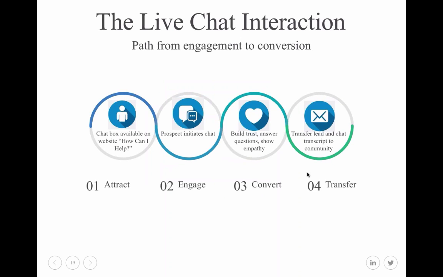So here's how it works. A code is installed on your website, very simple, and that activates a chat box, and that can be branded for you. It can be designed with your brand colors. You can choose some kind of a beginning conversation, like how can I help, or let me know if you have a question. And when the prospect initiates the chat and poses a question,